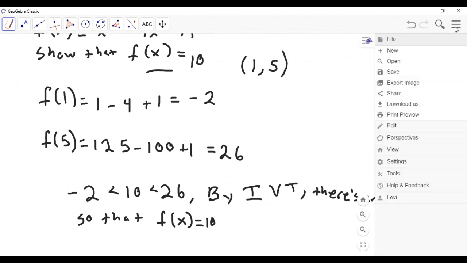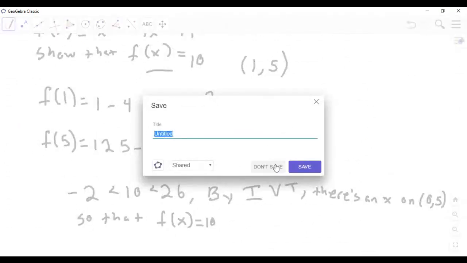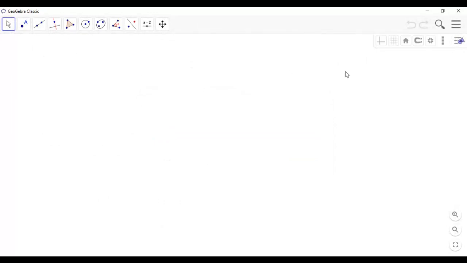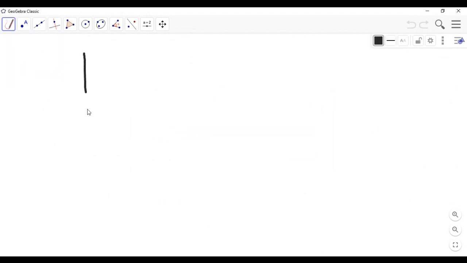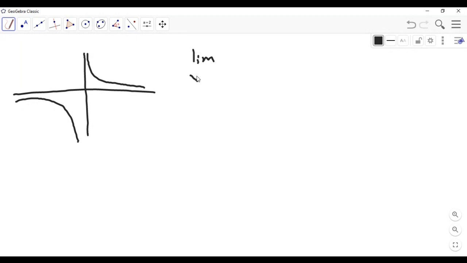So next up, we'll go ahead and move to infinite limits. Really, all these infinite limits are basically limits that go to infinity. So you can think of functions like 1 over x, which looks like this. You can see the limit as x approaches 0 from the positive side, 1 over x is actually going to be positive infinity,